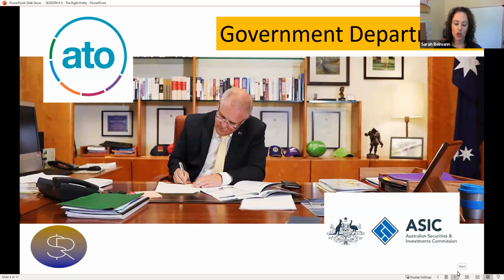The Australian Securities and Investment Commission, or ASIC as they are known, are the company and financial services regulator in Australia, and they enforce laws to protect consumers, investors and creditors. And this is where a company or a business trading name is registered also. So throughout this session, when I refer to these 2 bodies, I'll be referring to them as the ATO or ASIC, just for your reference.